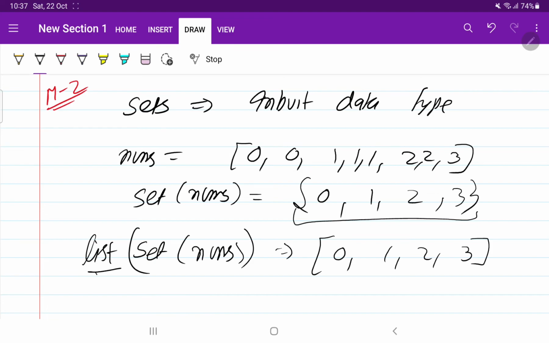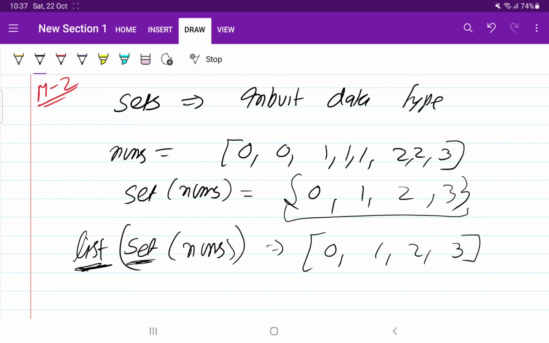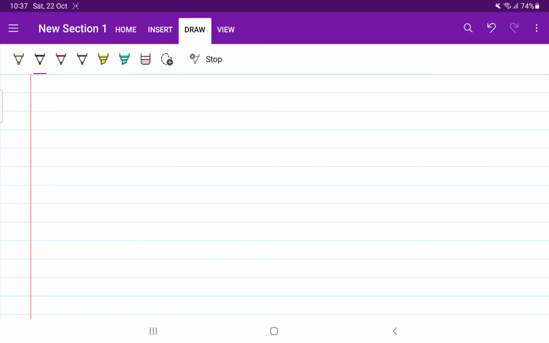Perfect. So list will convert this set into the list data type, and set will remove all the duplicates that are already present. So this was method 2, using the concept that set will not allow duplicates, it will contain only unique elements.